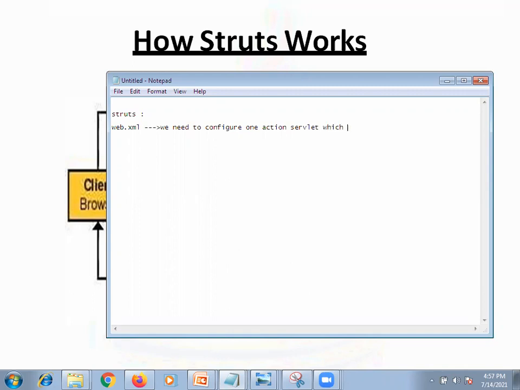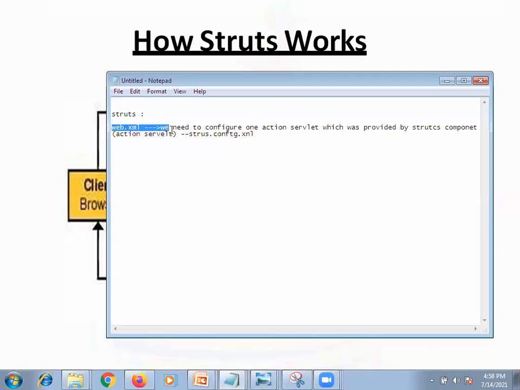which is provided by the Struts component. So we are going to call it the action servlet. What will the action servlet read? struts-config.xml.